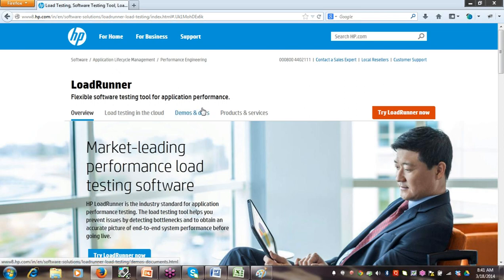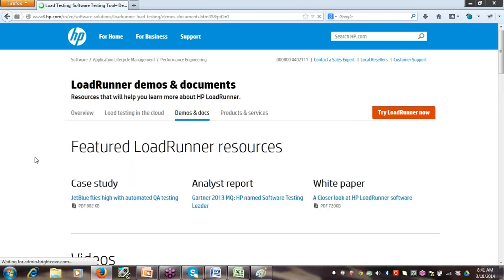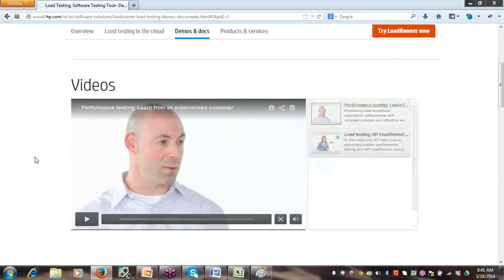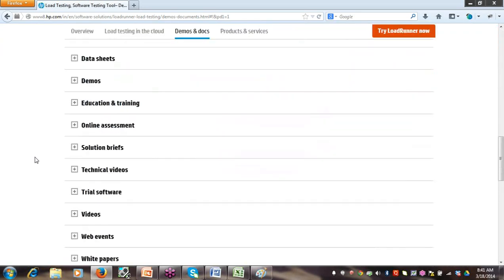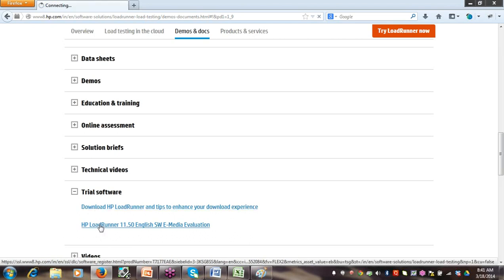Here you need to go to demos and docs. In this, you need to go to trial software and click on download HP LoadRunner evaluation media.